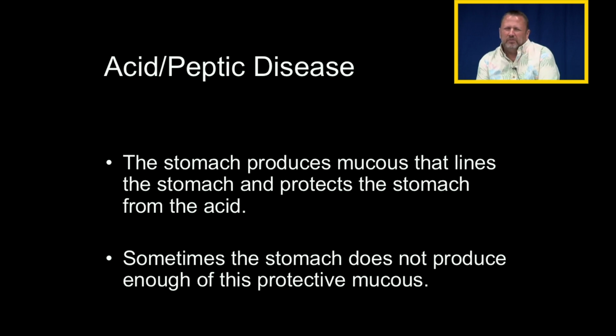All right, so the stomach produces a mucus that lines the stomach and protects the stomach from the acid. That's why the acid does not eat through the stomach, because this thick mucus lines the stomach and prevents that acid from eating away at the stomach. However, sometimes the stomach does not produce enough of this protective mucus. Usually that's due to stress, and sometimes that's due to medications as well. And so between stress and medication,